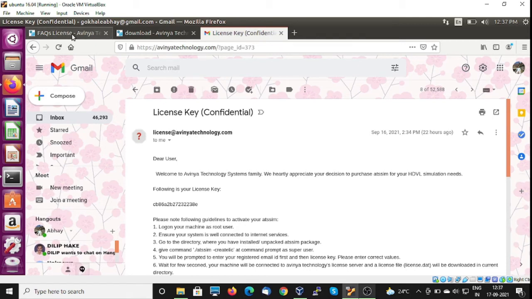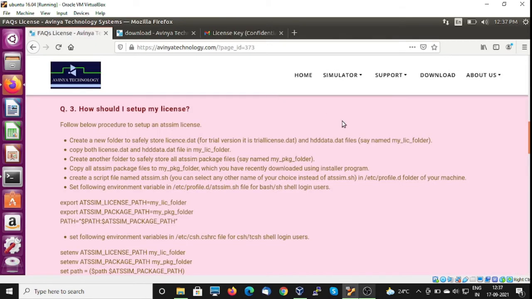In the support menu, if you go to the license FAQ, you will find how to set up the license.